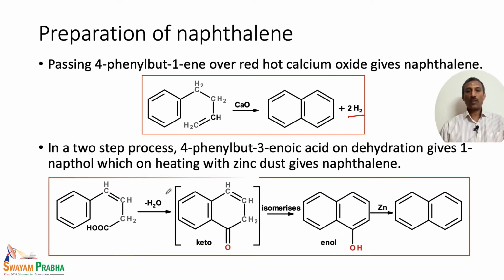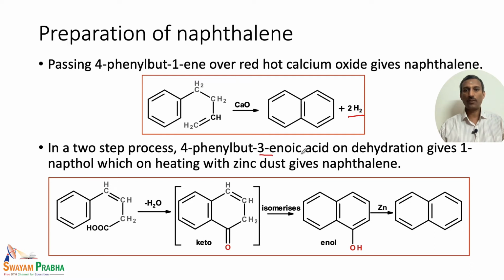There is also another process, it is a two-step process. Here 4-phenyl-but-3-enoic acid. So, we have the enoic acid and this undergoes dehydration to give 1-naphthol, and this 1-naphthol on treatment with zinc dust gives the naphthalene derivative. So, in a two-step process,